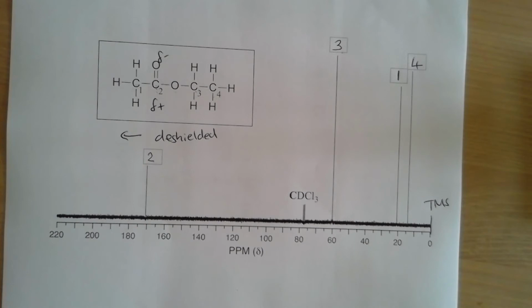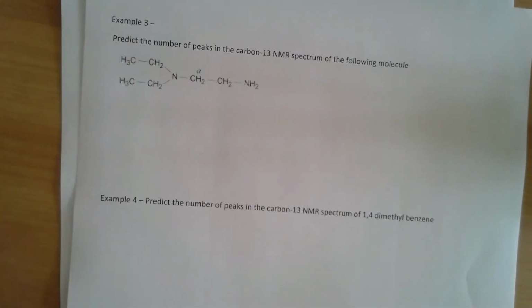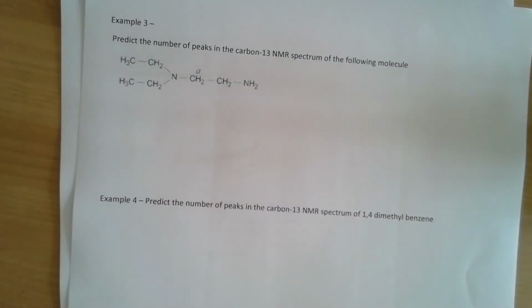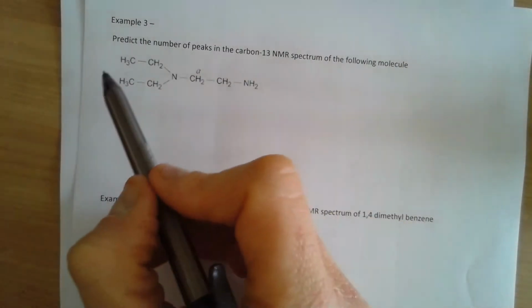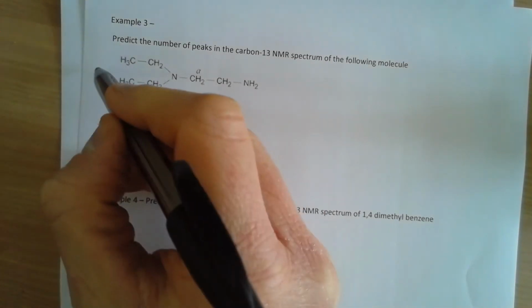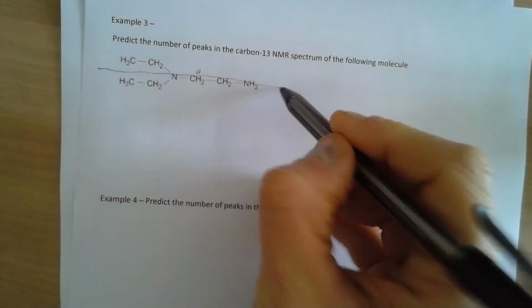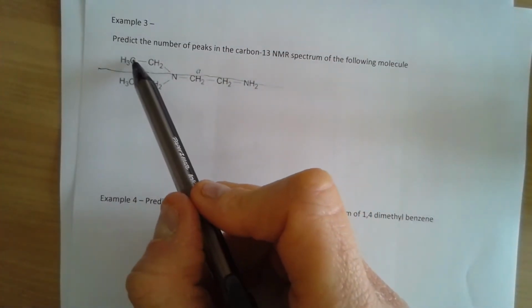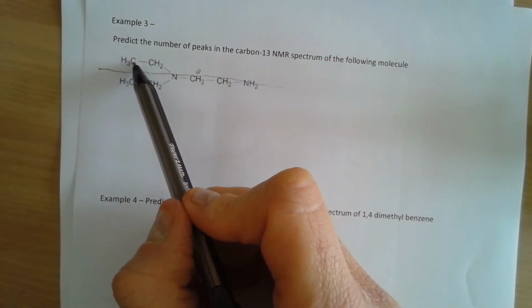What now remains is for us just to have a look at making sure that we can predict the number of different environments in a carbon-13 spectrum. So we have to think about the symmetry that's taking place in these molecules. If we were to draw a line down here, hopefully you can realise that there is some symmetry there. And also, bearing in mind what we said last time, that if we have a look at this carbon